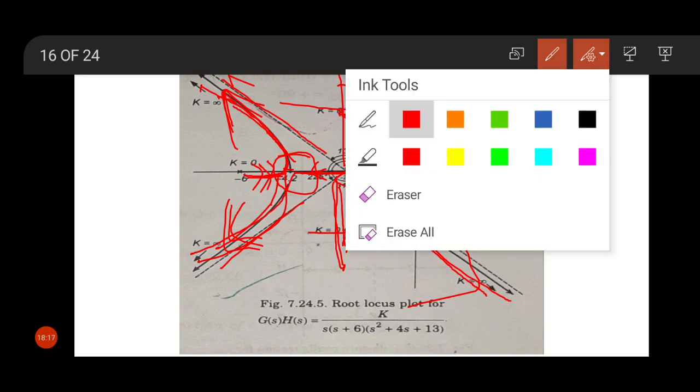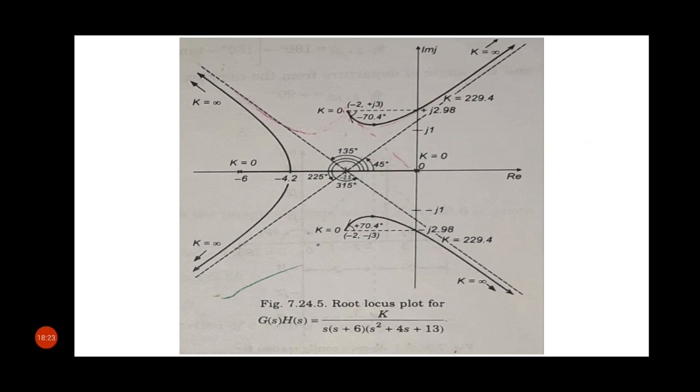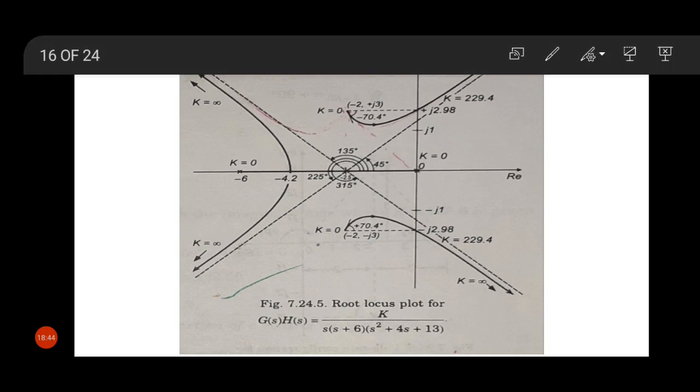Okay, so let me clear the highlighted portion and see the whole diagram. So see, from 0 and -6 locus starts and they meet at -4.2. This is our breakaway point, and from -4.2 they leave the real axis and move in this way and follow the asymptote and go to k equal to infinity. Because in our system there is no zero,